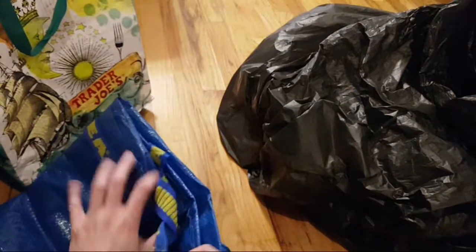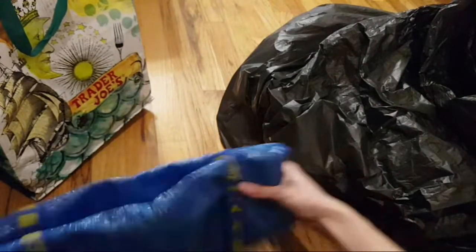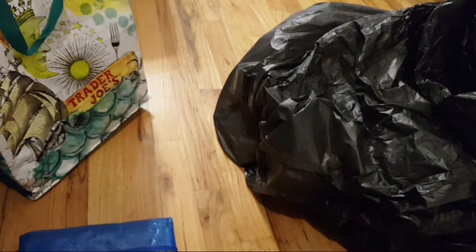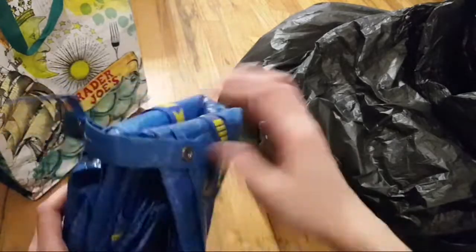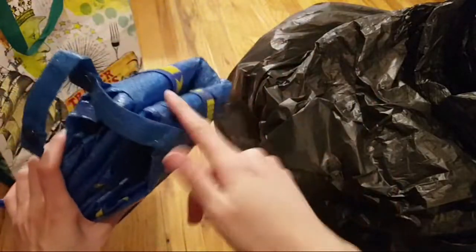Some other people say that these bags are useful for moving. So if you want to move something and you want a duffel bag, then this is great. So you see, it just kind of collapses. So I have moved some items that if I did not have this bag, 1000%, I wouldn't have been able to transport it. So if I have a big load, I'll carry a bunch of stuff in here, and then I'll put the Fresh Direct bags